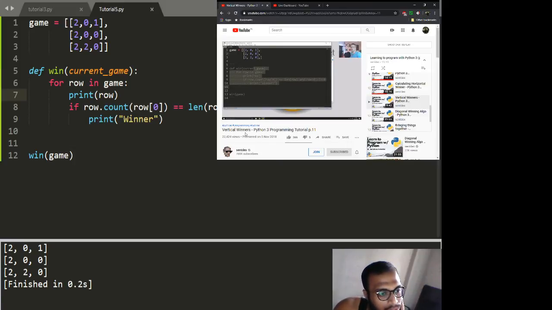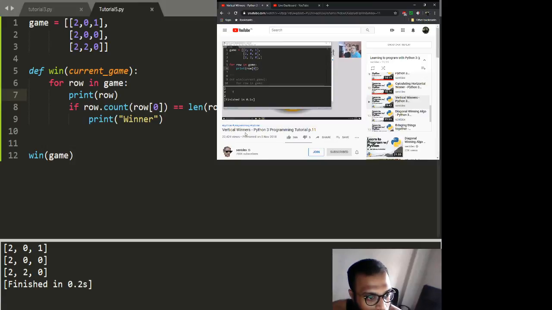do this. So here we have at least a game map. It didn't look very fair for player number 1, but we have a game map where player 2 clearly won vertically. So how could we determine that somebody has won? Well, basically it would have to be everything with the same index in each row would have to be the same number. So for example, for row in game, if we print row 0 and we run that, we can